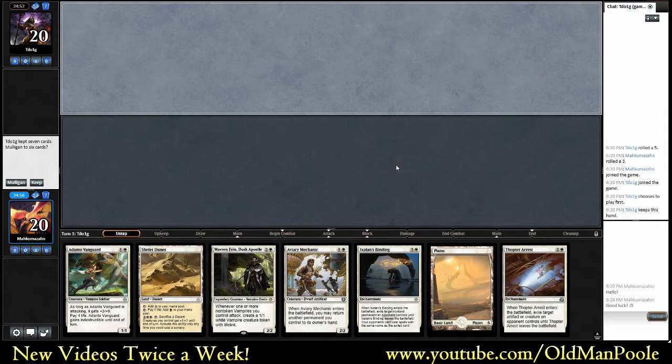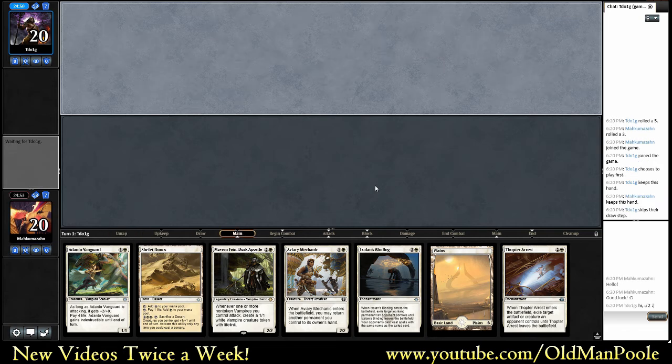Alright, this is it. Match 5. We have a pretty reasonable hand here. Go ahead and keep. My opponent is on the play. We have a Donald Vanguard into Marvin Fane, which is...